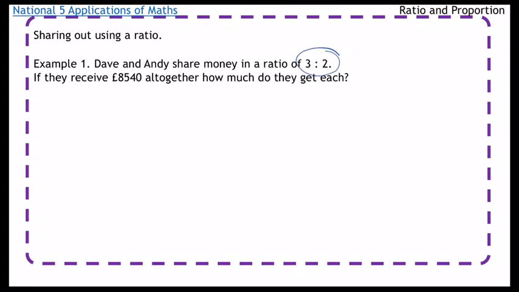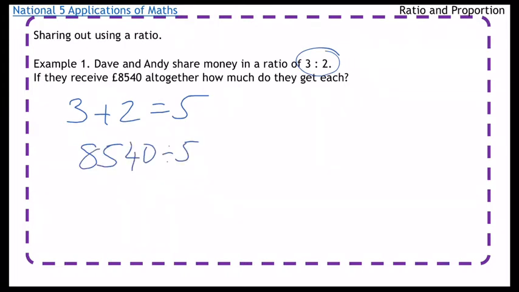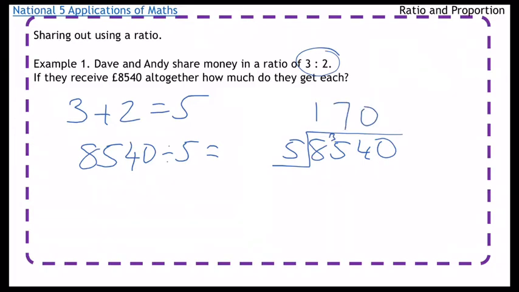If I think about it, first of all, I've got a ratio of 3 to 2. So in total, I've got 3 shares for Dave and 2 shares for Andy, which means there's 5 altogether. Dave's going to get 3 of them, Andy's going to get 2. Next I'm going to divide 8,540 by 5, and that's going to tell you what each share is worth. So 8,540 divided by 5: 5 into 8 goes once, 5 into 35 goes 7 times, 5 into 4 doesn't go, 5 into 40 goes 8 times. So each share is worth